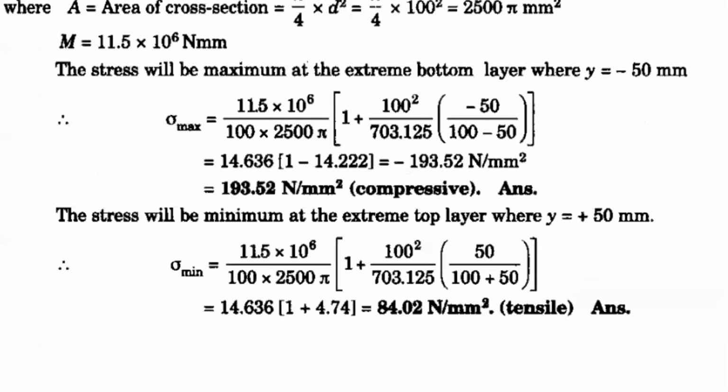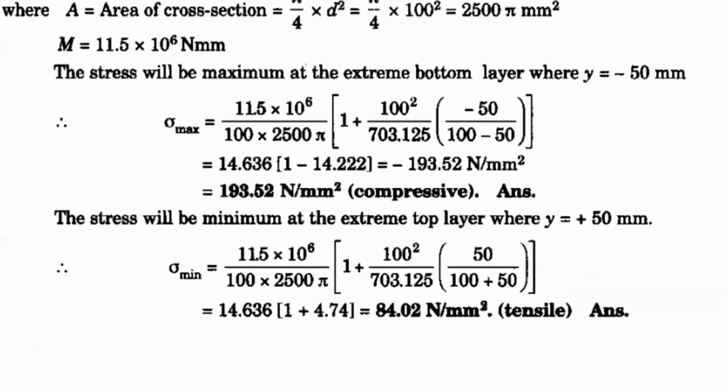So maximum and minimum values are easy for you to find. If they ask for various types of stress distributions, you have to follow the same procedure we did in your previous class. If they ask for stress distribution for various sections at a distance of 5 mm, 10 mm, 20 mm, 30 mm, 40 mm, likewise depending upon your depth, in the case of a rectangular section, you can calculate them. But till now, we only have the position of the neutral axis and the maximum and minimum values, right?